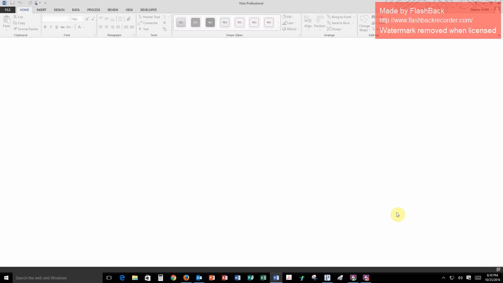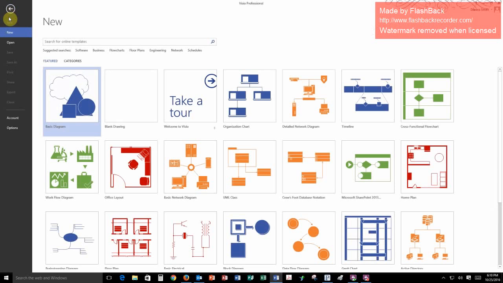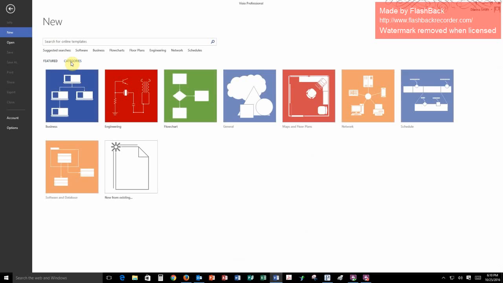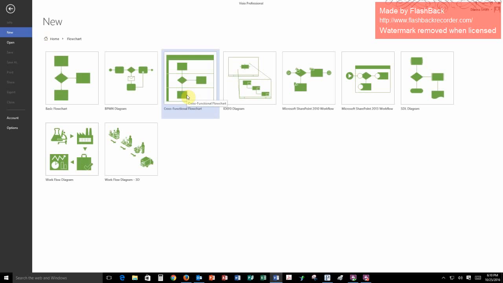On page 86, we are going to use auto connect, which is way cooler. So do file, and we want to do new, and then click our category. So featured in categories, click right here, and from there we're going to choose a flowchart. So come over here, click 1 time. Now double click basic flowchart,